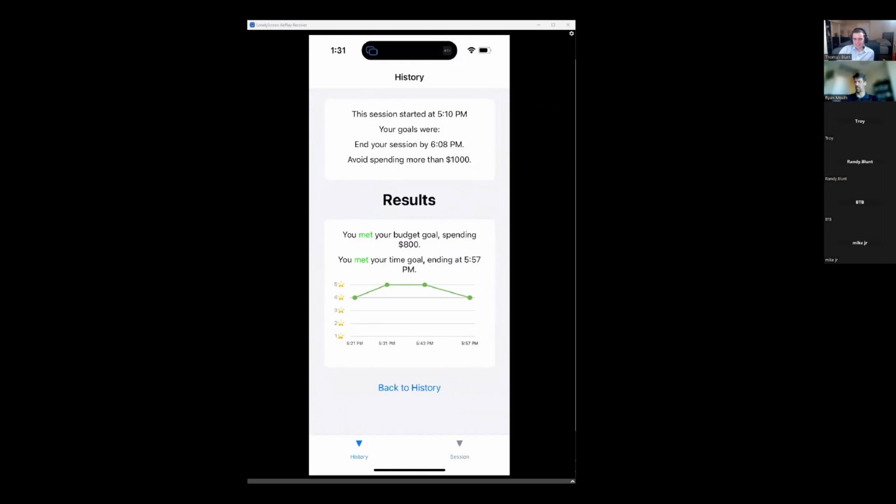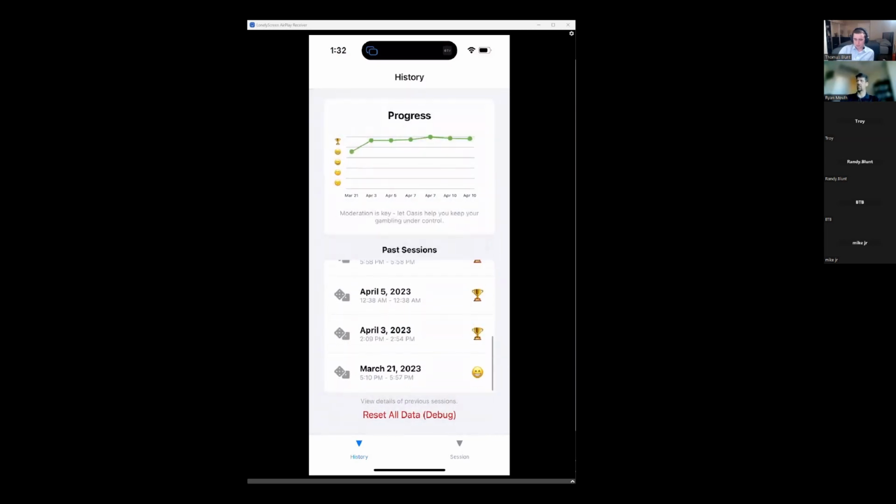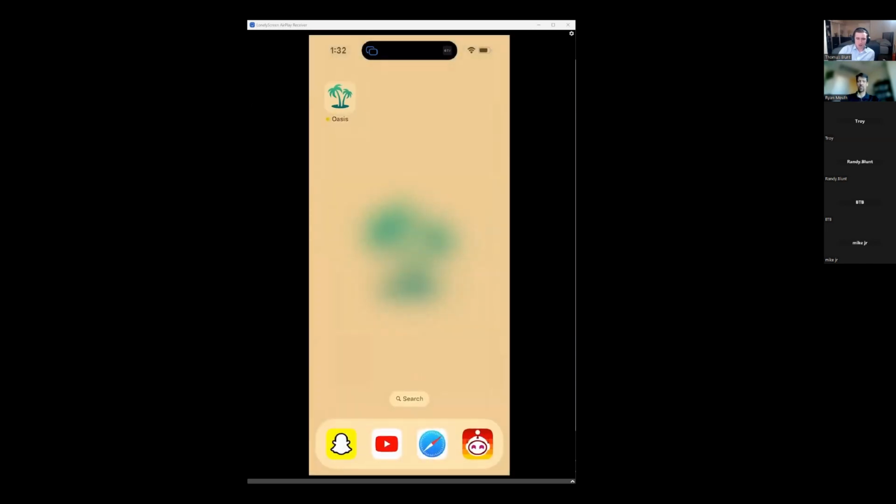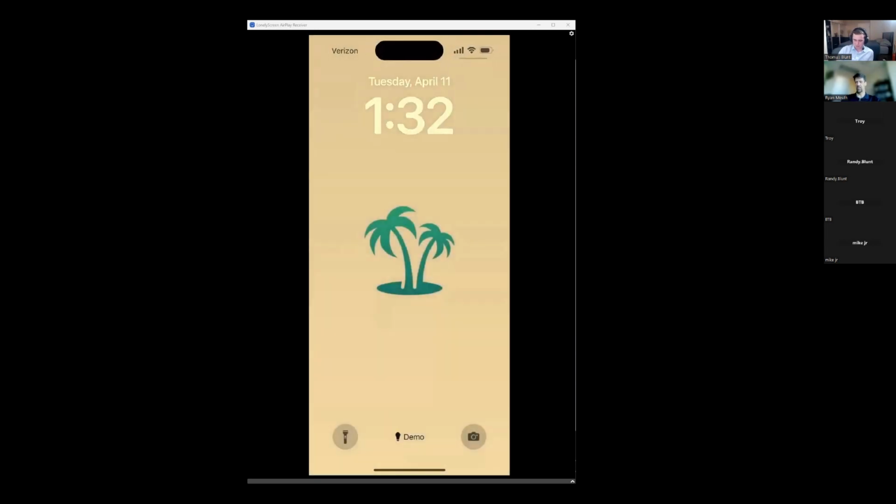But you can see the check-ins over time. You'll see when they were checked in and the score I gave myself. So 4 stars, 5 stars, 5 stars, 4 stars, and that ended up being a good score. So I'm going to background the app again. Unfortunately, I don't think you'll see the notification pop up because I'm screen sharing. So I'll have to pop that back into the lock screen for that. Let's see.